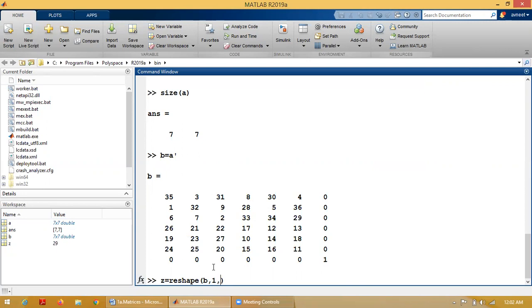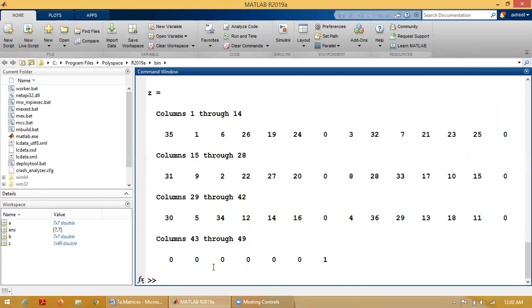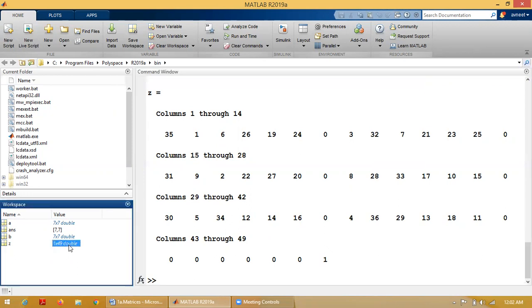So one row and 49 columns. Correct. Now, can you see Z is 1 cross 49 double? We haven't discussed what is double, but